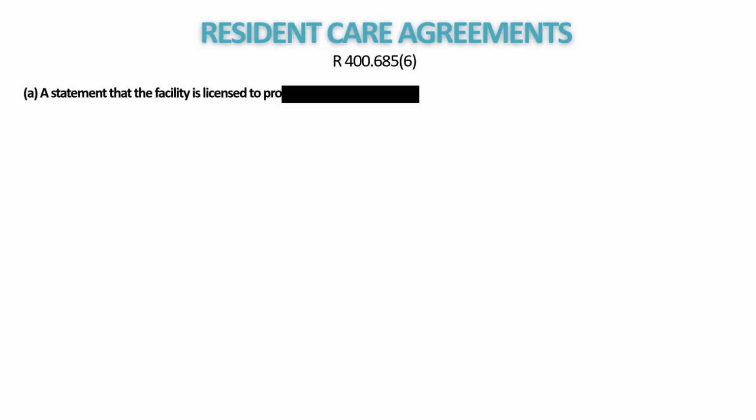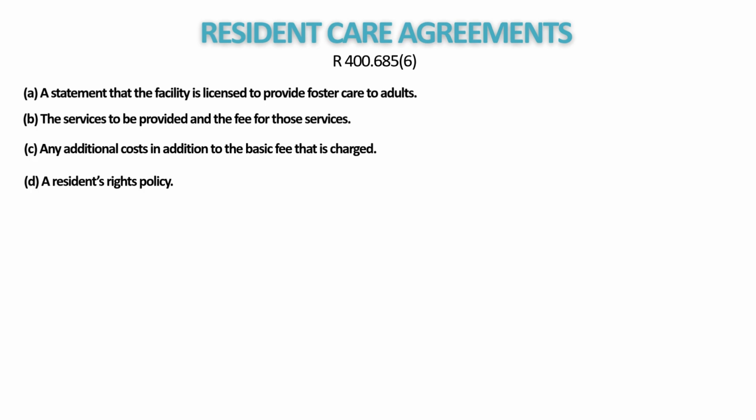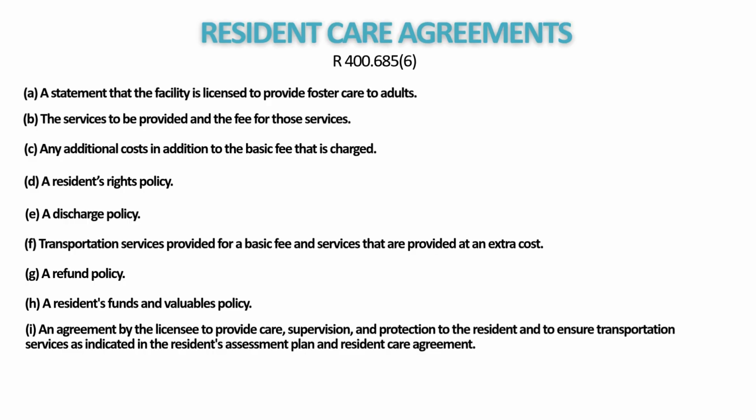A resident care agreement must include a statement that the facility is licensed to provide foster care to adults, the services to be provided and the fee for those services, any additional costs in addition to the basic fee that is charged, a resident's rights policy, a discharge policy, transportation services provided for a basic fee and services that are provided at an extra cost, a refund policy, a resident's funds and valuables policy, an agreement by the licensee to provide care, supervision, and protection to the resident and to ensure transportation services as indicated in the resident's assessment plan